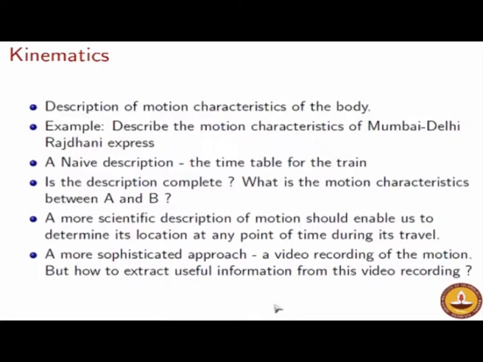As I just said, these app based taxi drivers will use a mobile device where at every instant of time the position is accurately determined on a map. But even with that sort of technique, it is, I would not say impossible, but quite difficult to determine the velocity and acceleration characteristics.